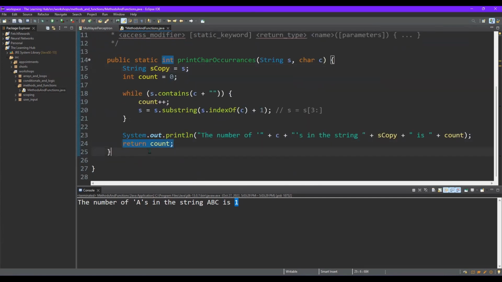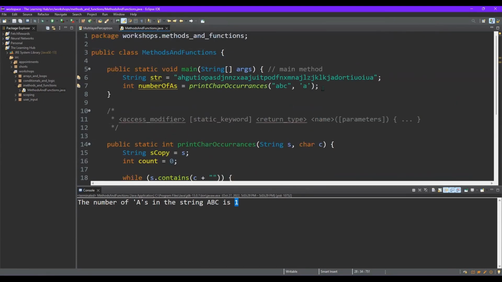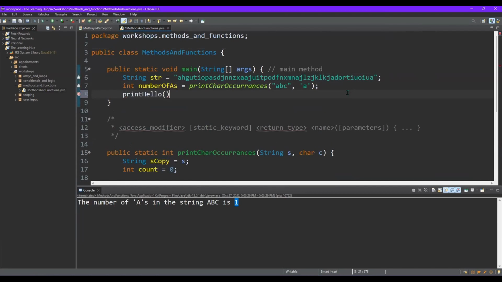Sometimes you'll have a method that doesn't take any parameters at all. So if we had a method, public static, and we'll say this method doesn't return anything either, so void. And all this method does is just print the word hello. So it doesn't take any parameters, any arguments, doesn't return anything, just performs this task, and then it's done. So now we can call print hello, and then we don't have to put anything in the parentheses. It's just print hello, parentheses, done, move on. And it will print the word hello, the method ends, we get sent back to where we called it, and